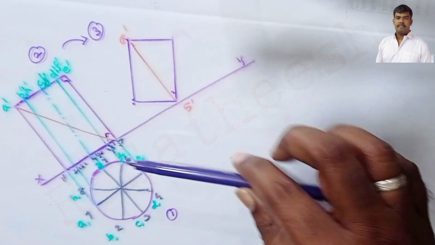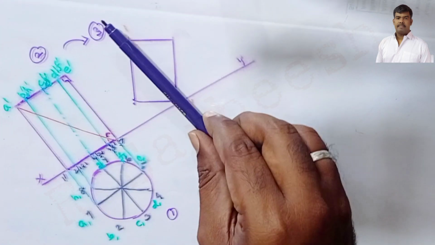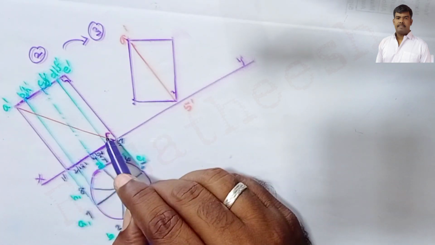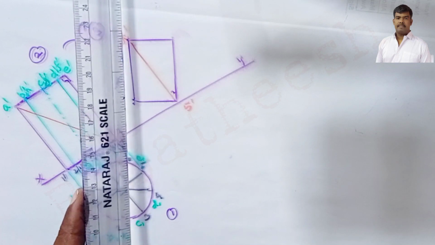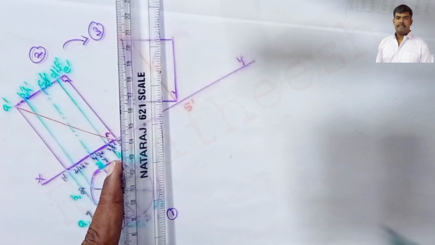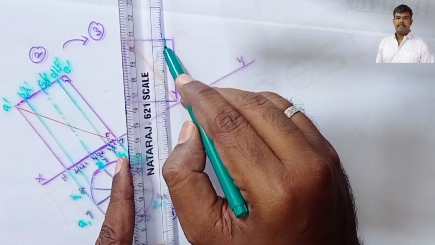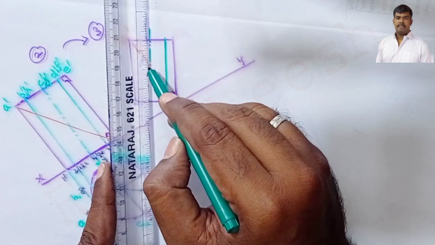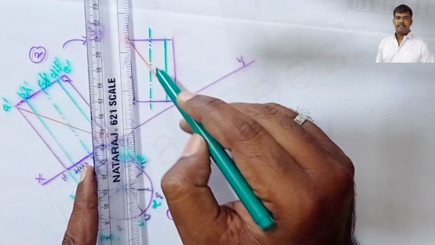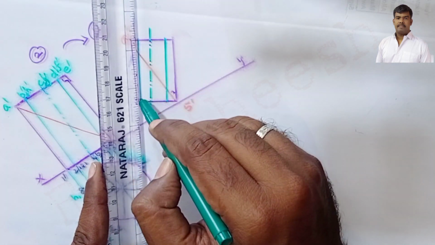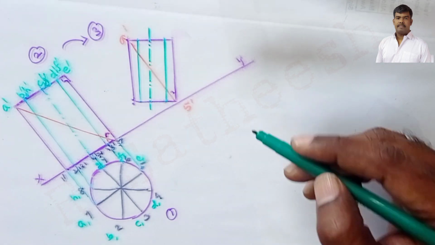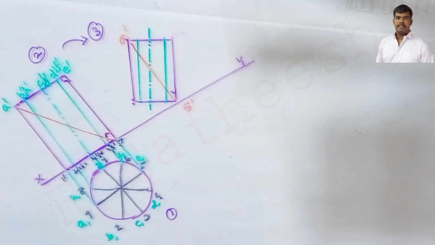Only one difference here: in one the diagonal is inclined, here the solid diagonal is perpendicular. That's all. Clear? And how much distance is there? The same distance, we mark it here. We get it like this. Here the center is also there. Clear? So it is the same diagram. Then as it is, we assign the letters.